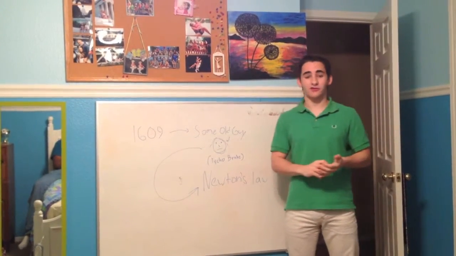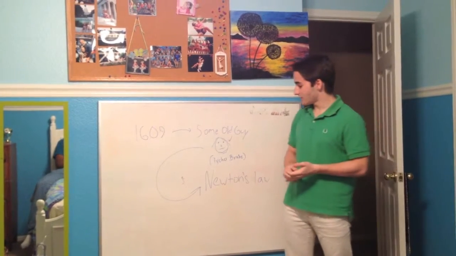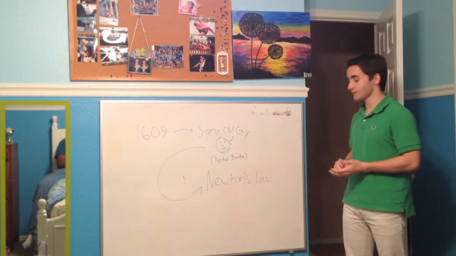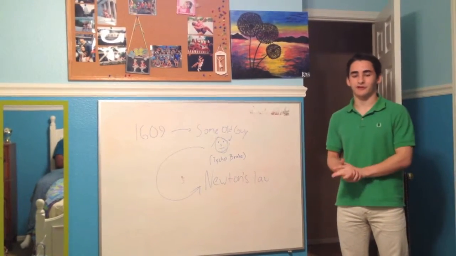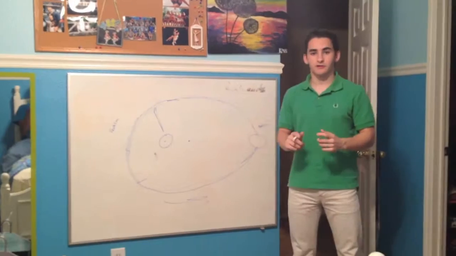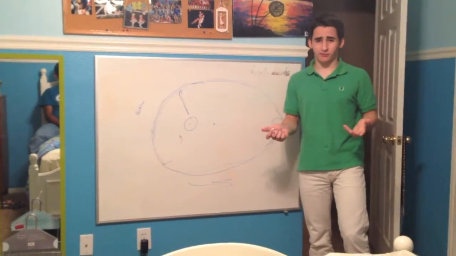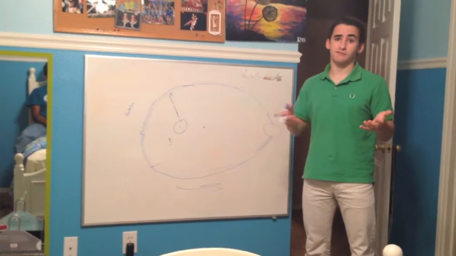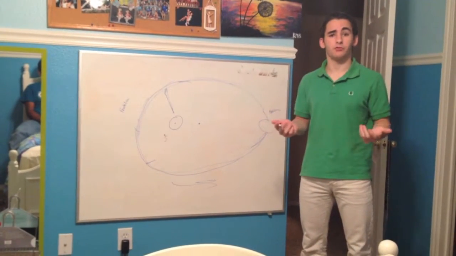And in fact, Kepler's laws became so well established and important that they eventually had some influence on Newton's laws, which, as we all know, define the laws of motion that we know today. So, what exactly is Kepler's first law? Well, Kepler's first law basically says that the Earth revolves around the Sun in an elliptical orbit.